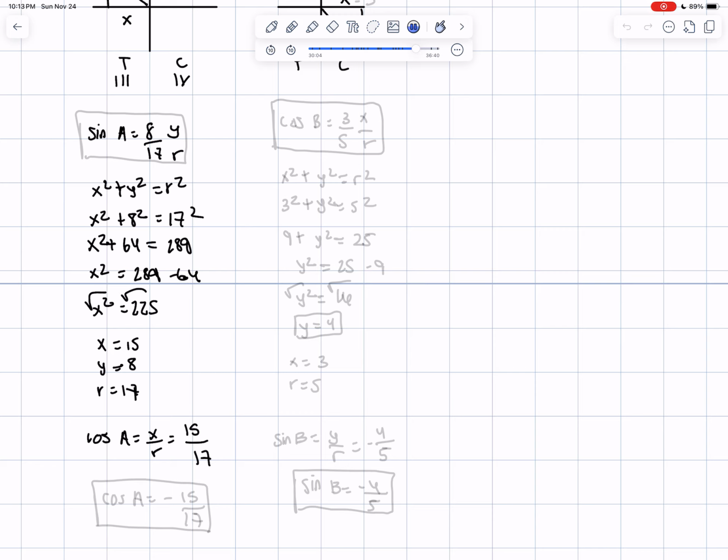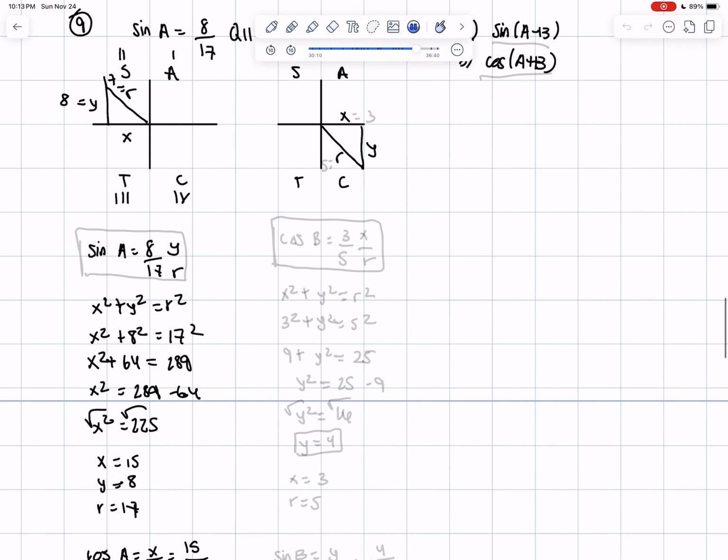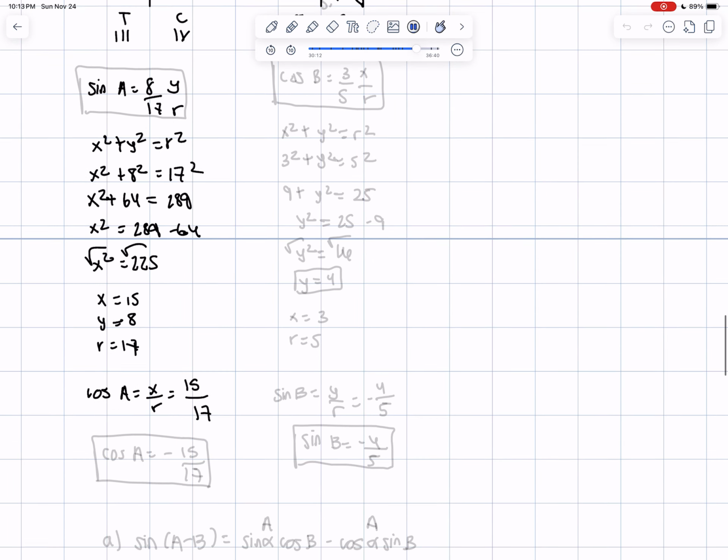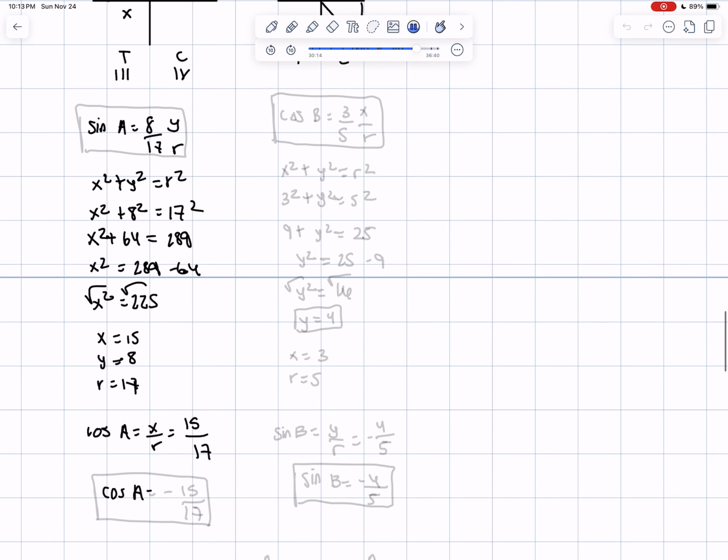What I need to do is make sure my sine is correct. In quadrant 2, sine is positive, so 8 over 17 is correct, it's positive. But in quadrant 2, my cosine is going to be negative, so it'd be negative 15 over 17. So I have my cosine A,